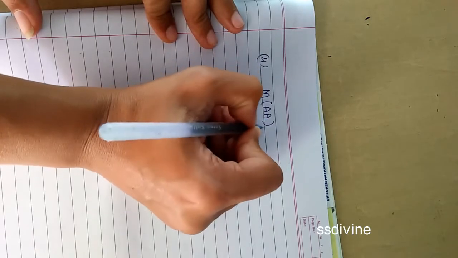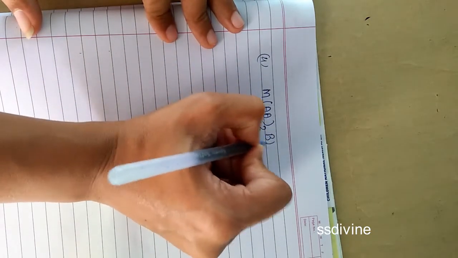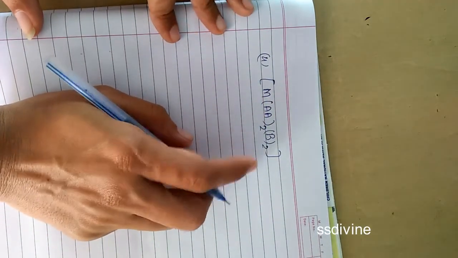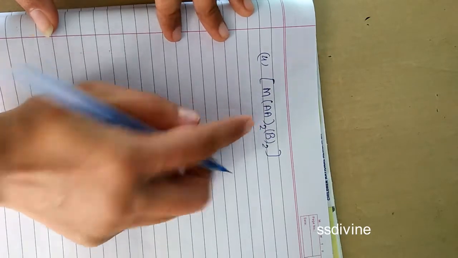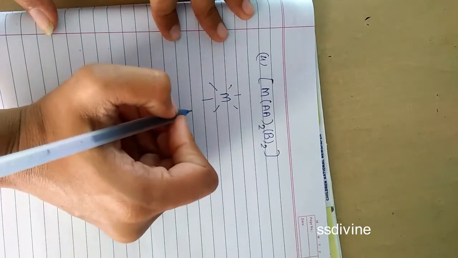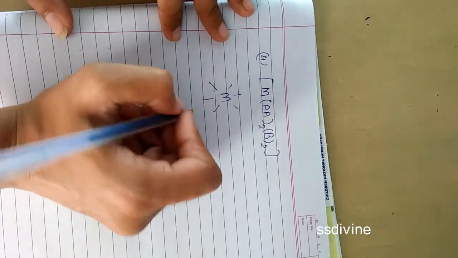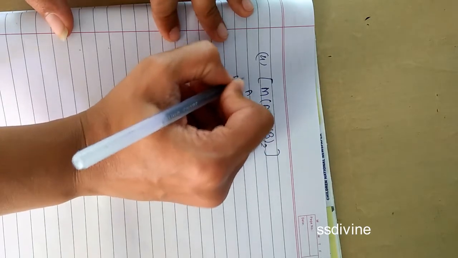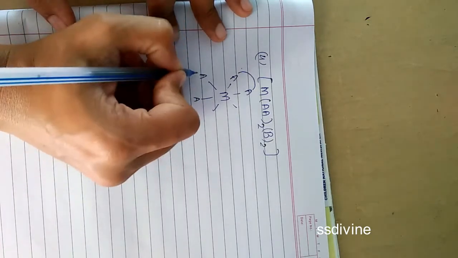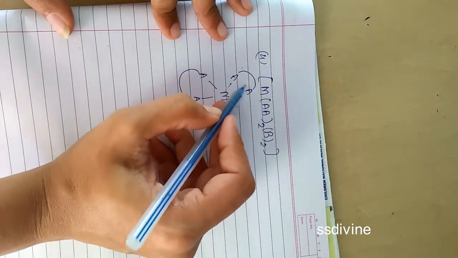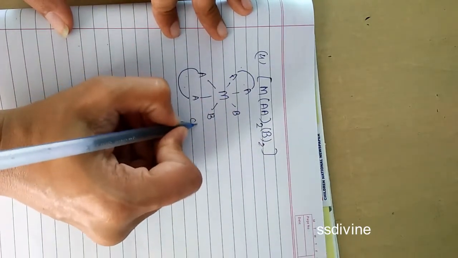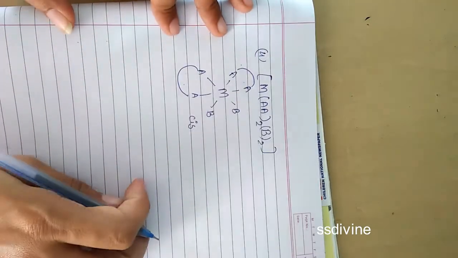If I am having a symmetrical bidentate ligand, so how can I form the isomerism in this complex? This is a symmetrical bidentate ligand, right? So this is your central metal atom. Now you can find cis and trans. So this is your AA, symmetrical bidentate ligand, AA, symmetrical bidentate ligand, keeping this on the same side, and here B and B. So this is my cis isomer, and now I can generate the trans isomer.